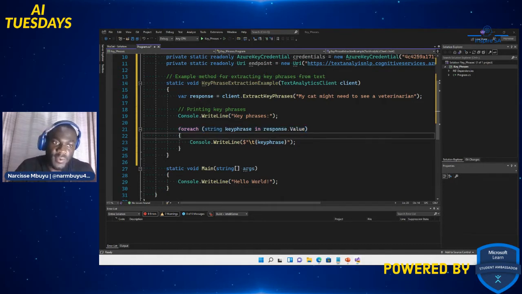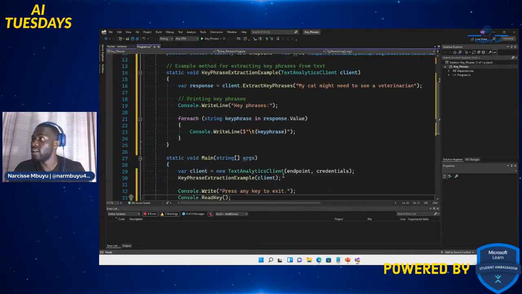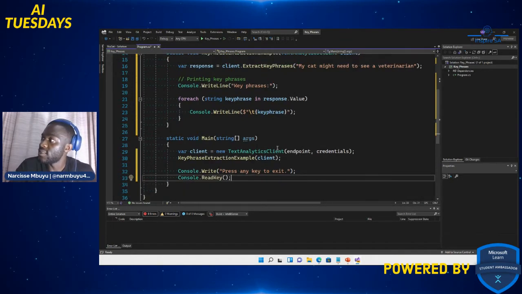Now after doing that, let's go to our main method and call the method that we just created, the KeyPhraseExtractionExample method. So var client equals new TextAnalyticsClient. That's me calling the TextAnalyticsClient that we just installed.